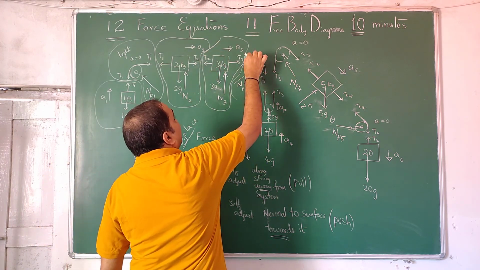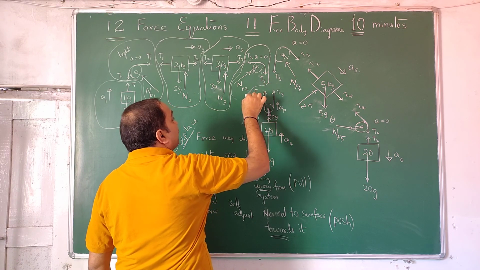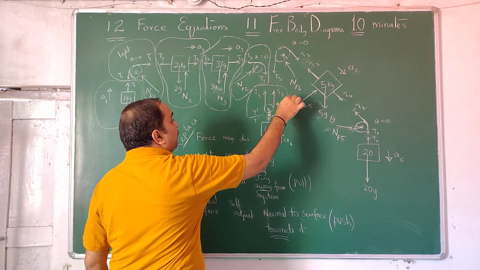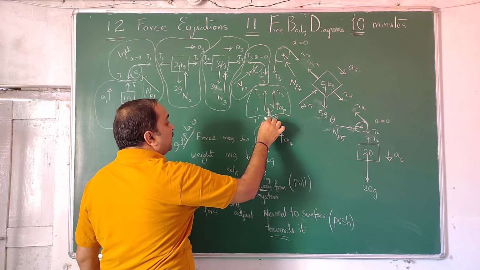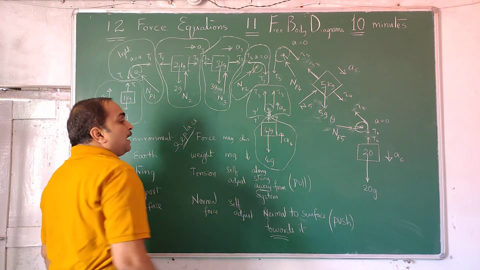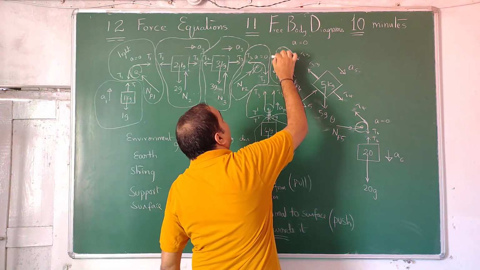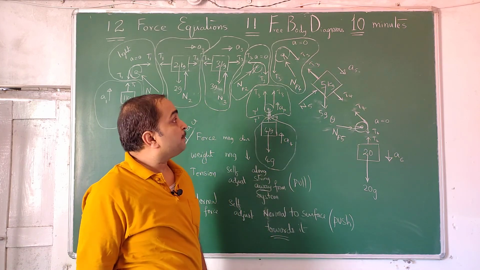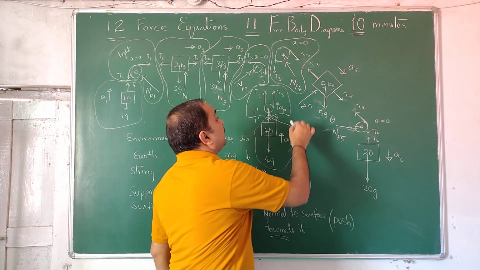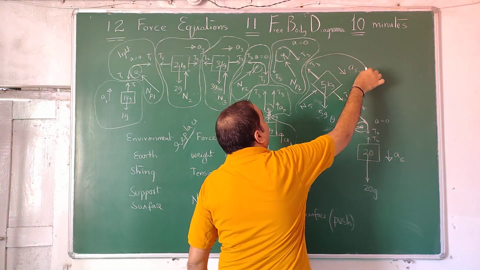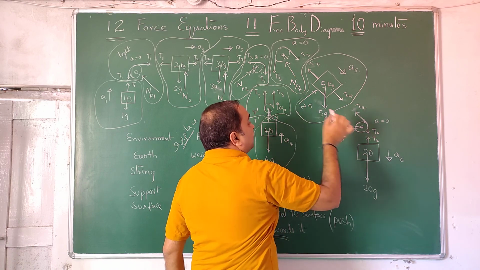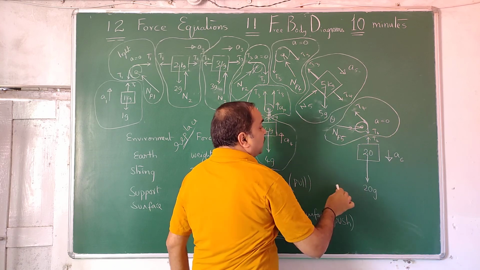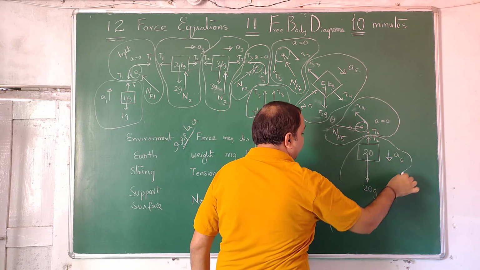This is the free body diagram of the second pulley. This is the free body diagram, in between I am taking. This is a free body diagram of a massless pulley. This is the free body diagram of one hanging mass. This is the free body diagram. We have represented all the forces and accelerations. This is a free body diagram of the 5 kg mass. This is the free body diagram of another pulley. This is the free body diagram of the heavy mass, 20 kg.